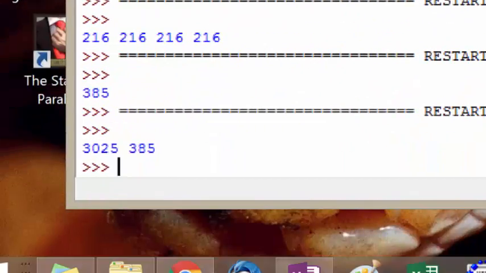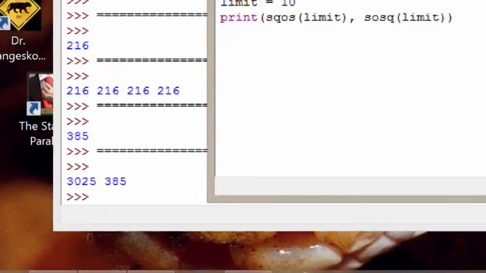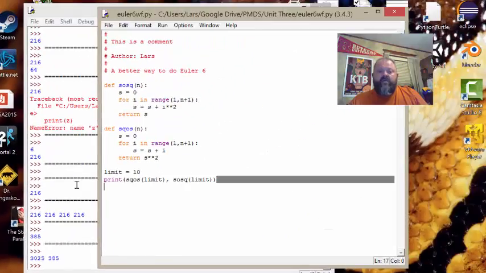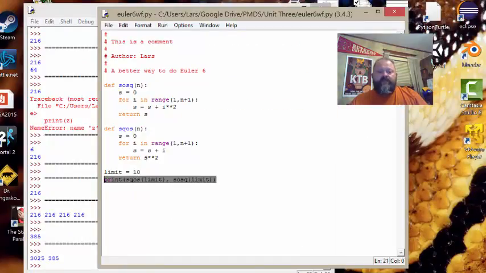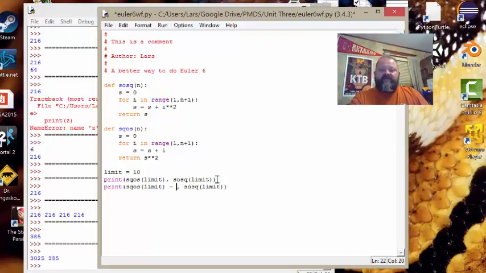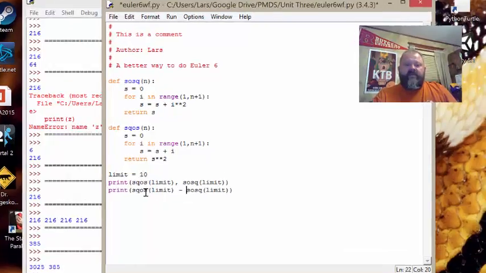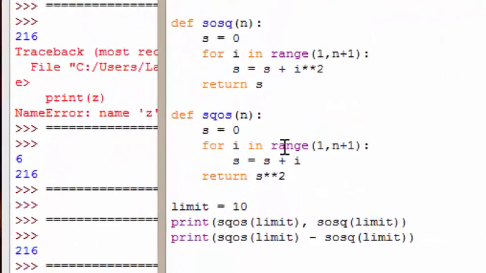Look at that. I think that looks pretty good too. Okay, so now what do I want to do in the end? Oh, the end is pretty easy. I'm going to copy that. I'm going to come down here. I'm going to paste it. What am I going to do? I'm going to take the difference. So let me do that. I can even say the diff is